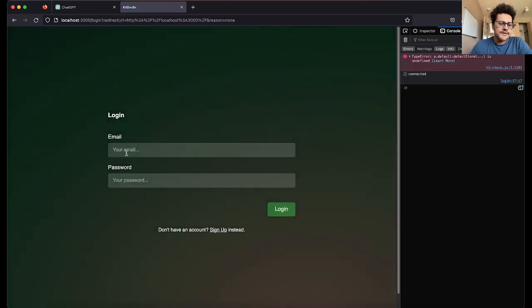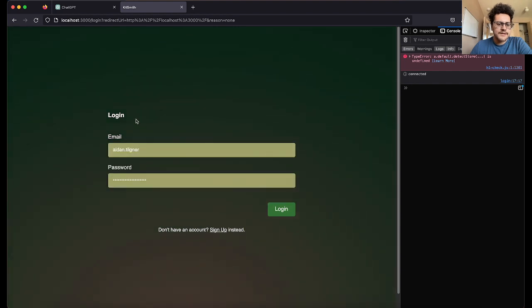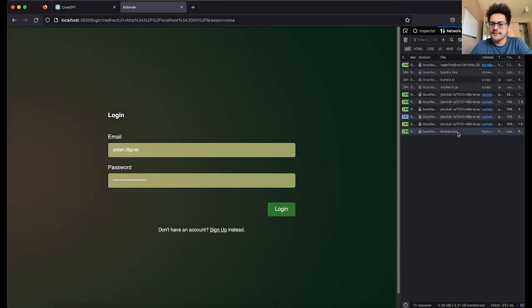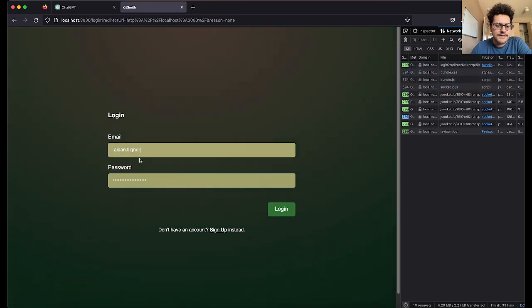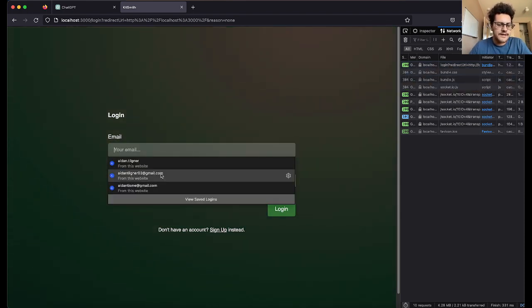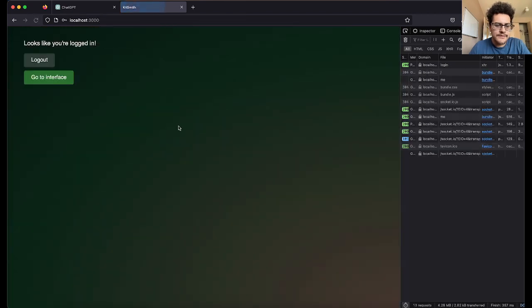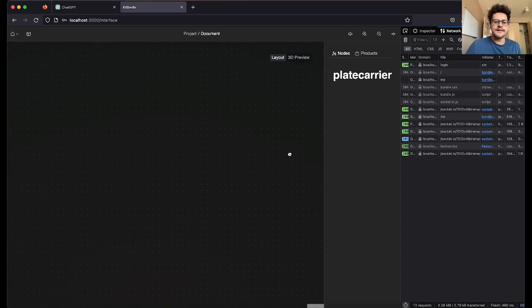So I've got the login ability here. That's pretty basic stuff. Although it doesn't look like it is currently working, so that's great. This is in very early stages, to say the least. Oh yeah, this is okay. Hold on, what's wrong? There we go. So now I'm logged in, and I can go to the interface, and what we've got here